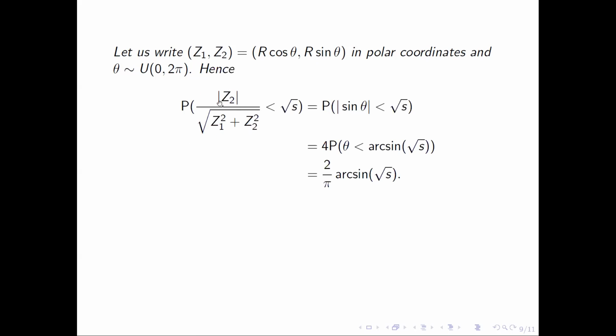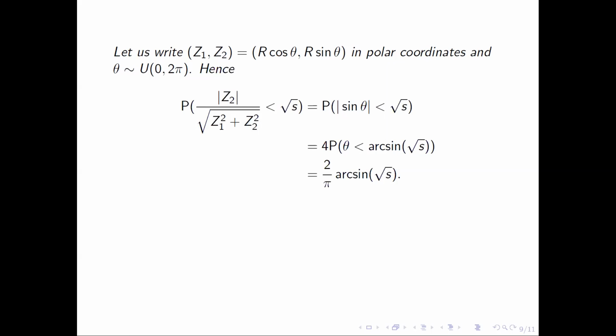So whenever you write z2 by z1 square by z2 square, in terms of polar coordinates, this is nothing but the sine theta. So this is what sine theta of less than square root of x. Then you do a bit of juggling around with the theta function. What you get exactly is theta less than sine inverse, or arc sine, of root s, and you get the density. So this is how I wanted to point out that the arc sine law comes.